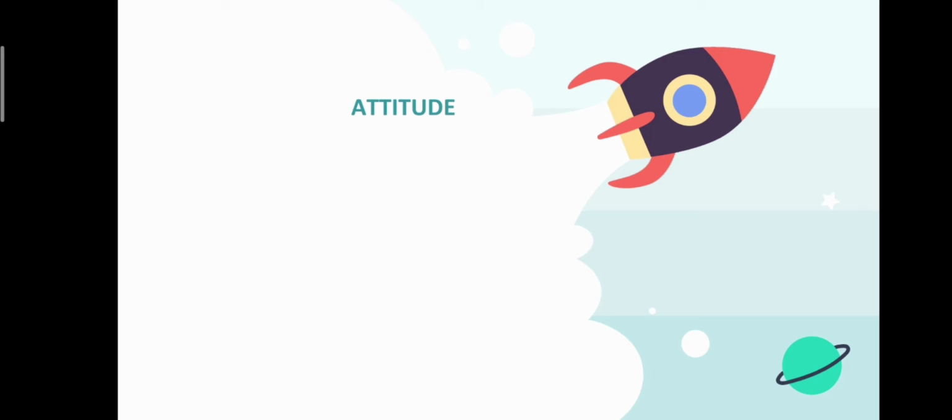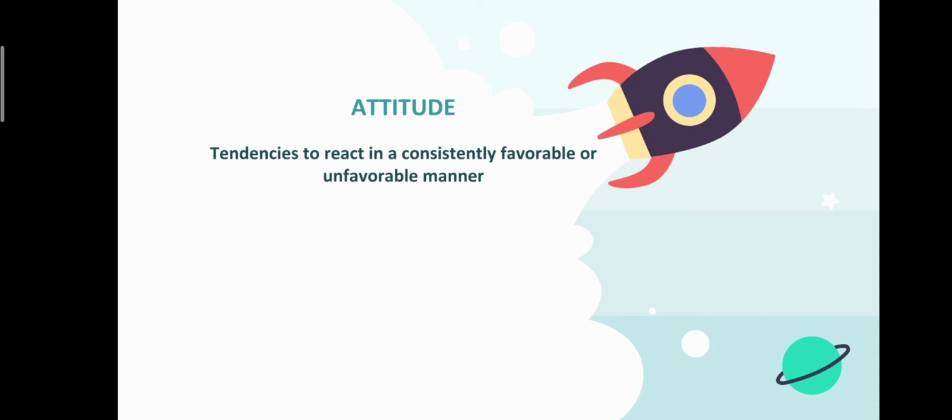What is attitude? Attitude is learned tendencies to react in a consistently favorable or unfavorable manner toward people, objects, ideas, or situations. The term attitude object is used to incorporate all the objects toward which a person might react. Attitudes are not behavior, rather, they represent a readiness for action or behavior. Thus, attitude drives and guides behavior.